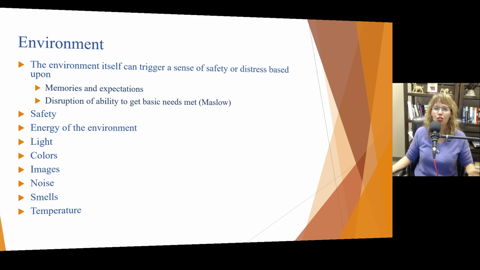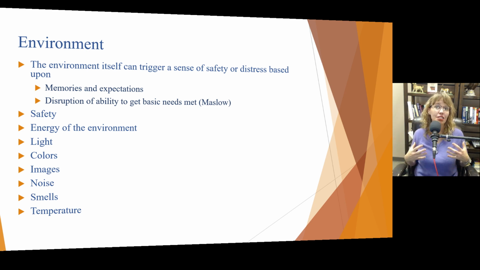In the environment, you really want to consider all of the aspects. Safety, physical safety in the environment. Does the person feel safe from harm, and can they relax? The energy of the environment. Does it feel like people around you are angry? Is it a spooky energy? Is it an excited energy? What's the energy? The light in the environment, and we'll talk a lot more about this in other videos,